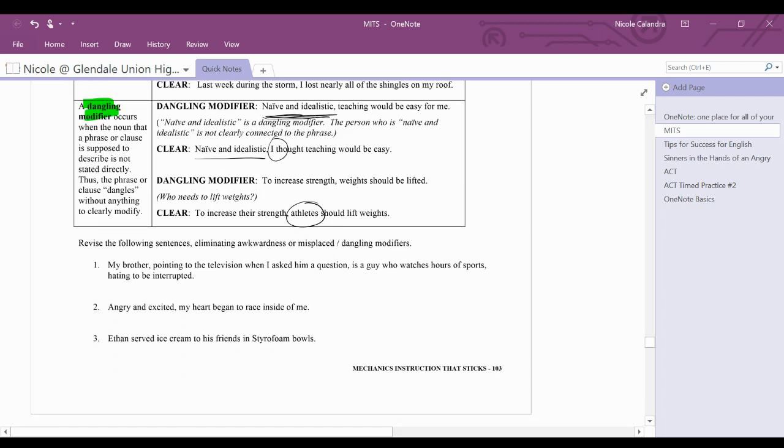Okay, so I have 3 different examples down here going along with the concepts that we've talked about. So the first one says, my brother, pointing to the television when I ask him a question, is a guy who watches hours of sports, hating to be interrupted. Oh my God, where do we even start? Okay, well, maybe just start with,